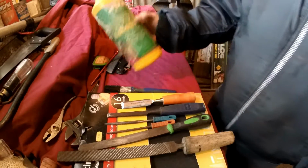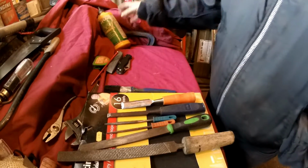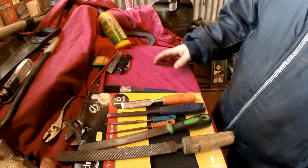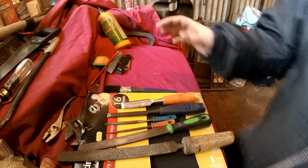I would say you're going to want some glue. The standard PVA glue is enough, but you'll use glue for quite a lot of different things. And the last two things I'd mention,